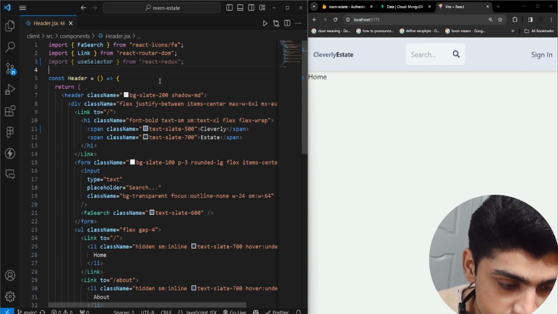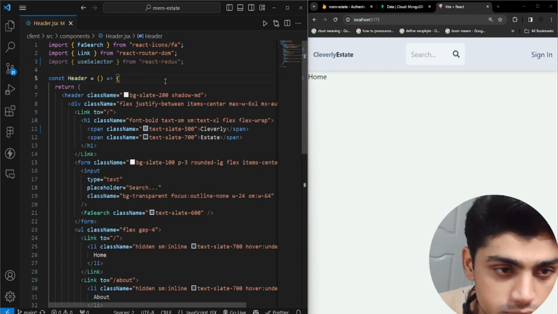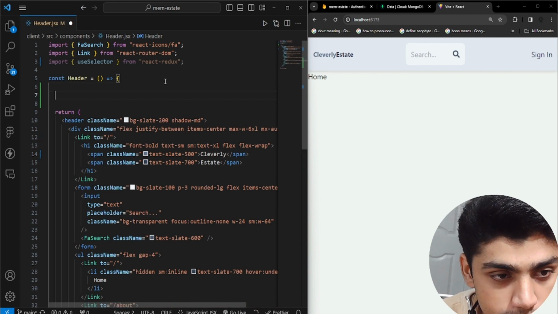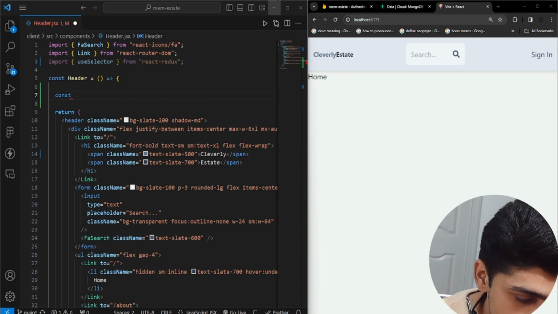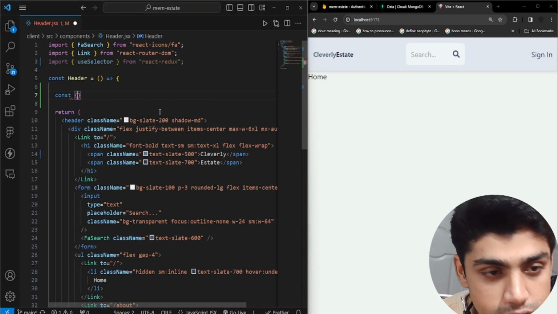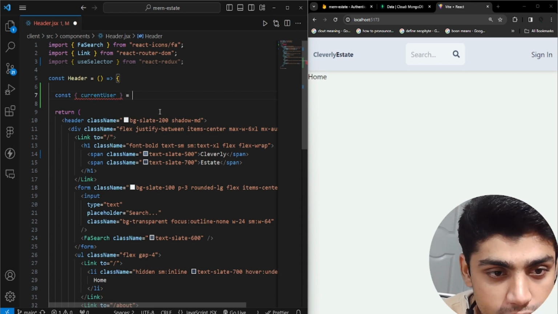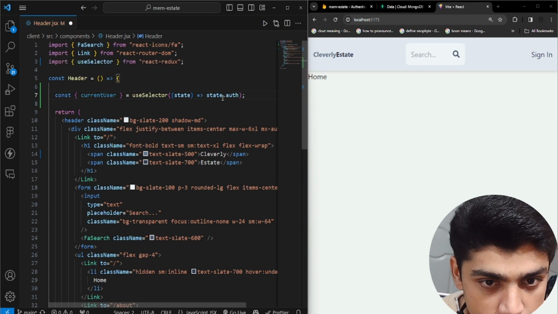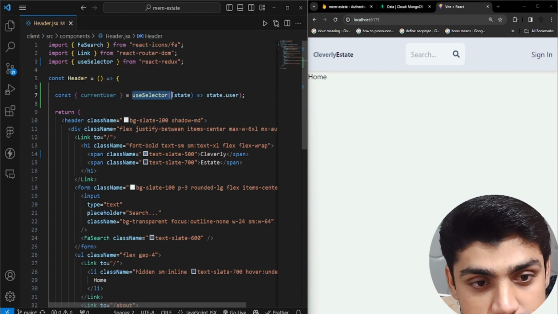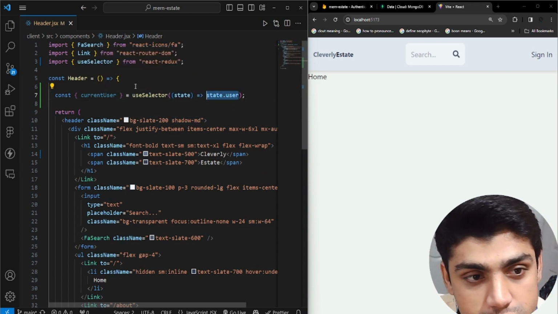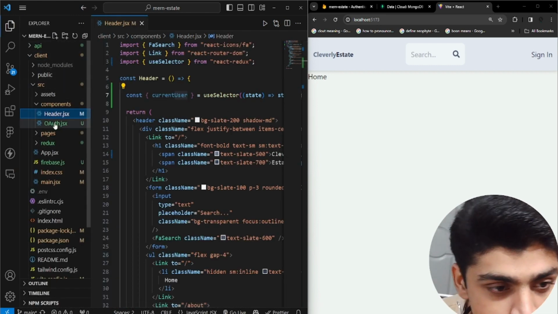So what we could do is, once we got the state, we could initialize that in our header. So inside here we could say const currentUser, whatever the user is, and then you could have it as useSelector state and state.user. This is the name, and I'm actually using useSelector and state, and I'm actually using state.user. And you might be asking, well, the name we actually defined already in our